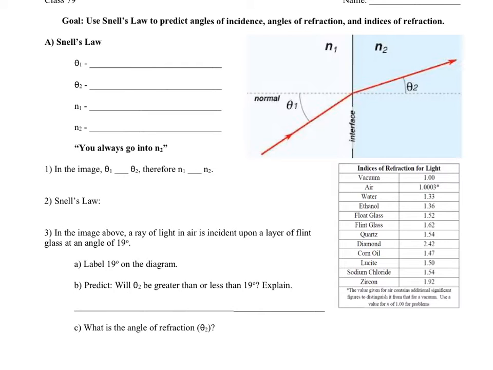In class 79, we were starting to use Snell's law, which allows us to calculate angles of incidence, angles of refraction, and indices of refraction. So looking at this image here, just to help you visualize, this first material on the left-hand side, you could pretend, just for argument's sake, that this is air. That has an index of refraction of 1. And on the right-hand side, the colored glass, we'll say that this is flint glass